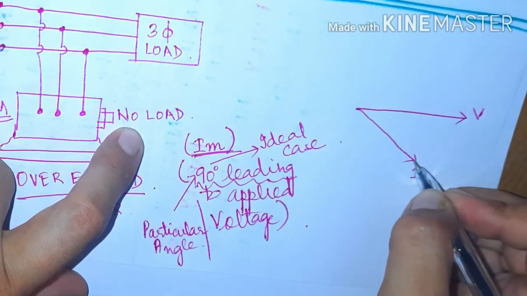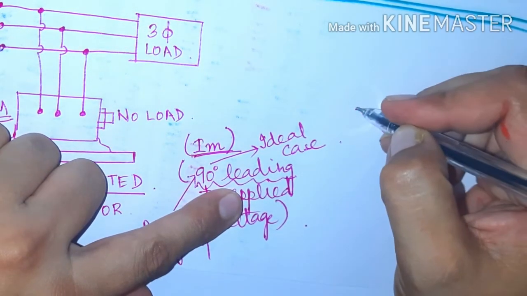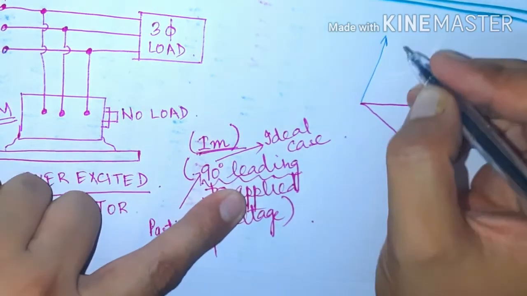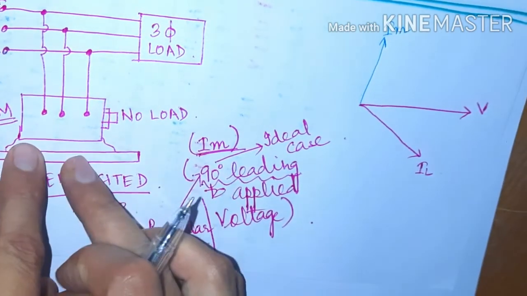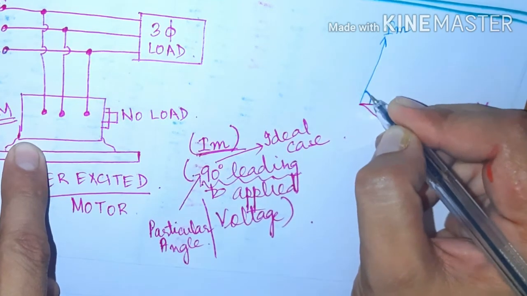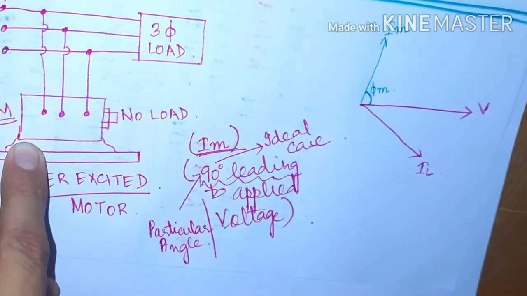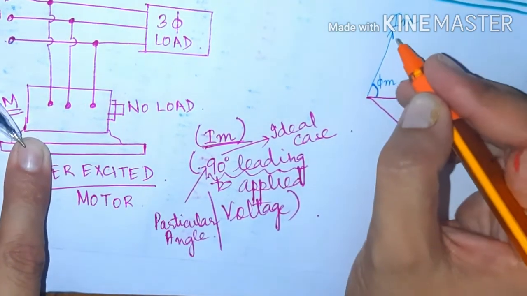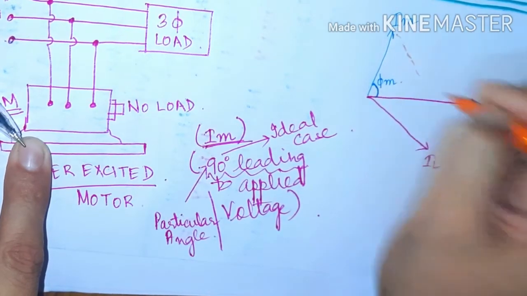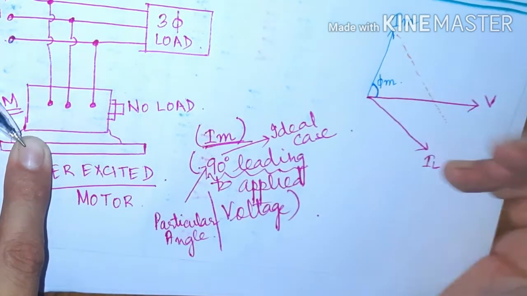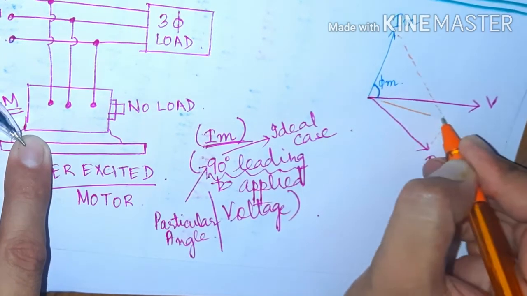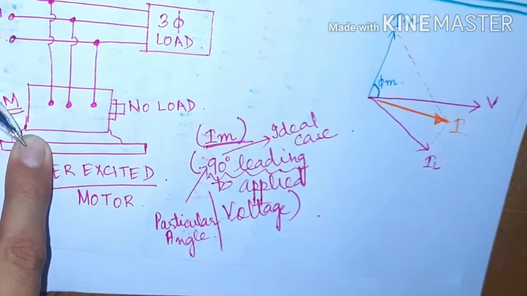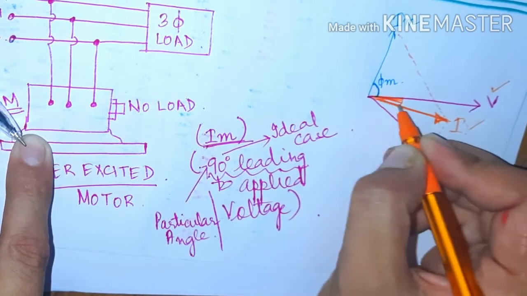Now say this is the load current, that is IL. By a particular angle, which is not exactly 90 degrees, the current flowing through your synchronous motor leads the applied voltage by an angle phi m. Now I want to find the resultant of IM and IL. How will I find it? I will draw a line parallel to IL, and a line parallel to IM. Somewhere over here you get the new current, that is I. Very well you can see that the power factor angle has been reduced.